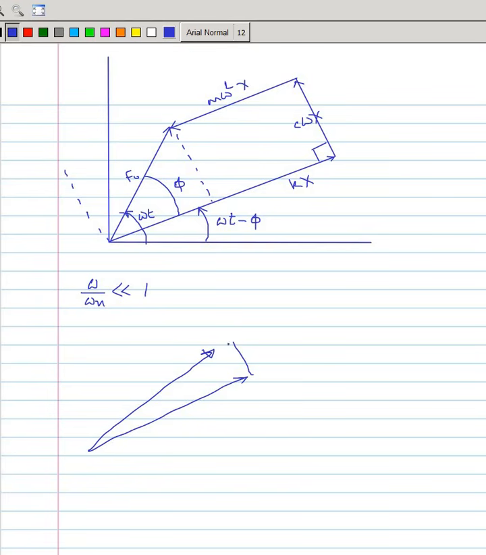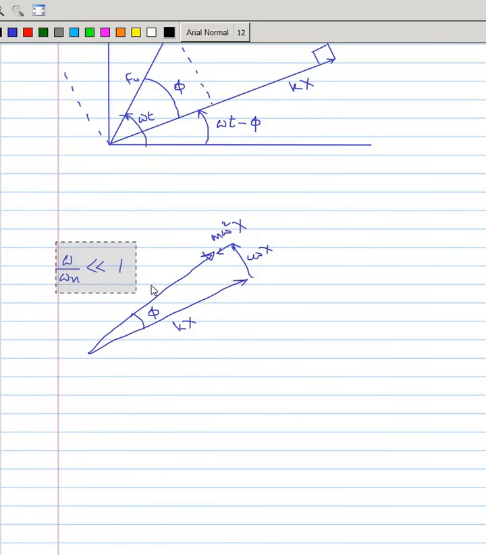So this is something like this. So this is kx, this is c omega x, and this is m omega square x, and this is phi. So phi is also small. So this is for omega by omega n much smaller than 1, and for omega by omega n much larger than 1, then this is,